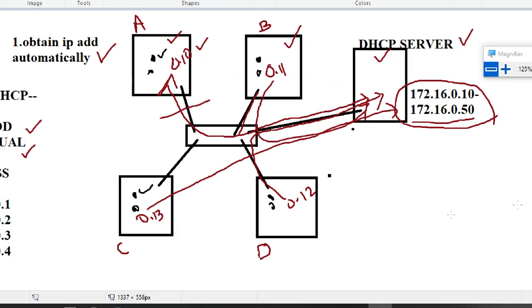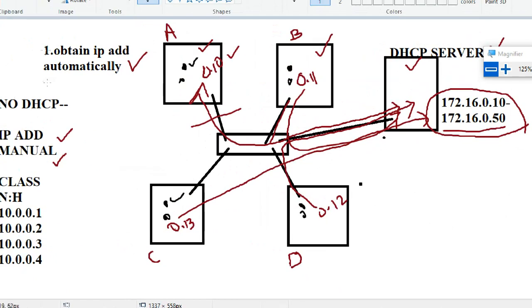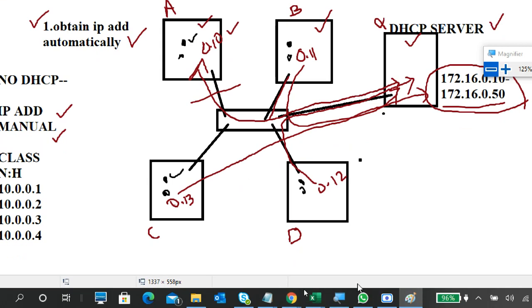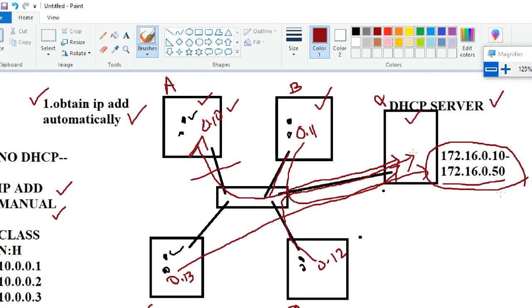Second, if you choose the first option but you don't have a DHCP server, you will get this kind of address. I showed that, right? Like the 169 series, you will get that one.